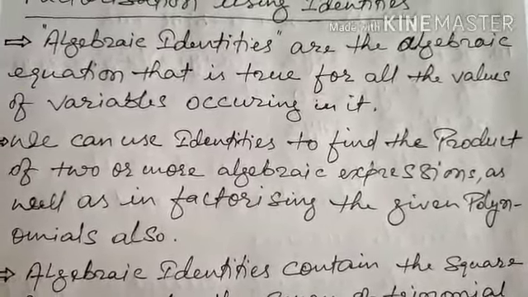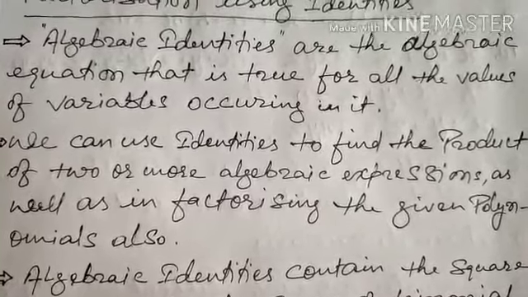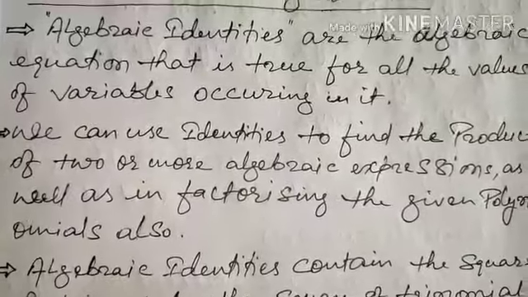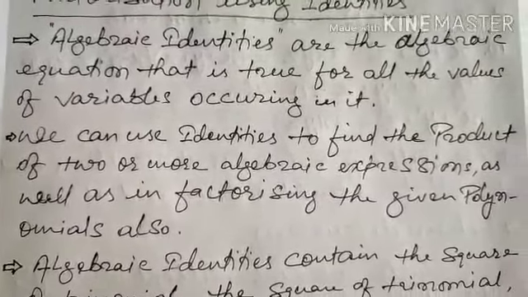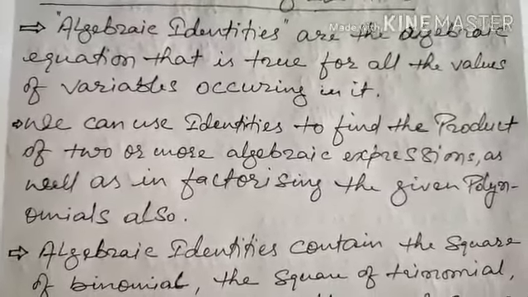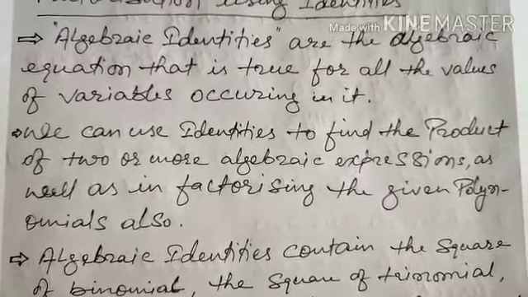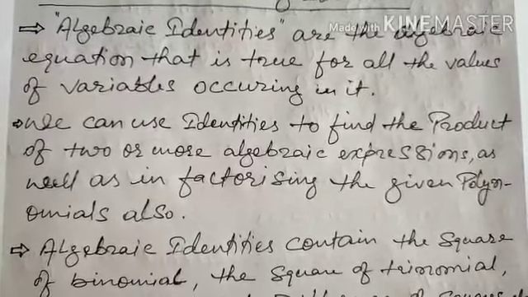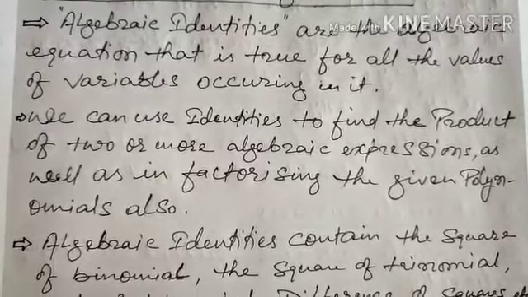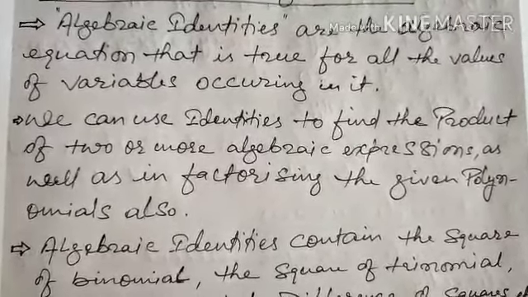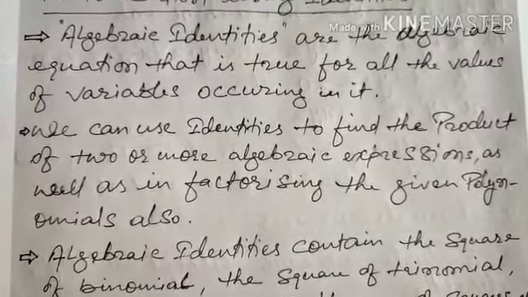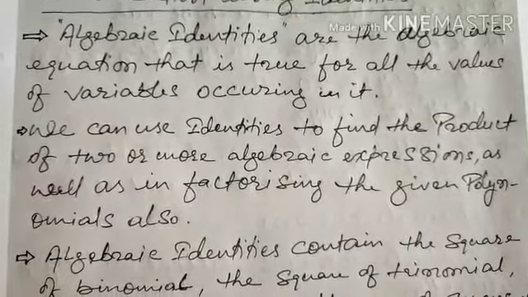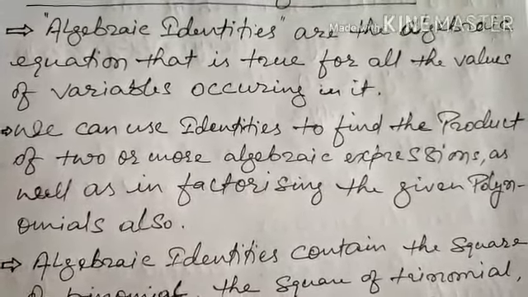Now in place of a and b you can substitute any values of a and b. Let us take a is equal to 2, b is equal to 3, and then check both the sides by putting the values. You will get the same values. 2 plus 3 whole square, that is 5 whole square, 25. Now solve this side. A square is 2 square is 4, and 3 square is 9. So 9 plus 4, 13. Now 2ab, so 2 into 2 into 3, so 4 into 3, 12. So 13 plus 12, that is again 25.